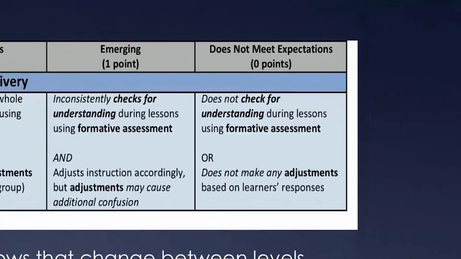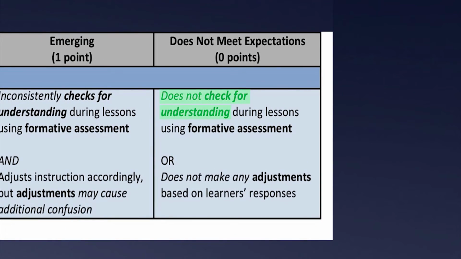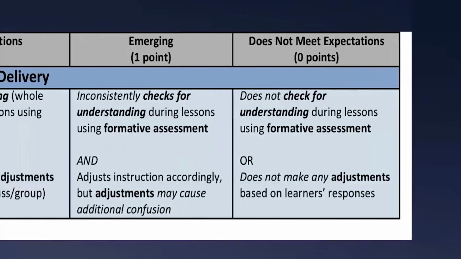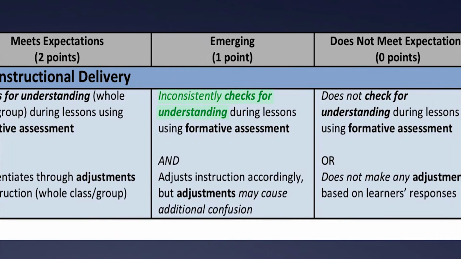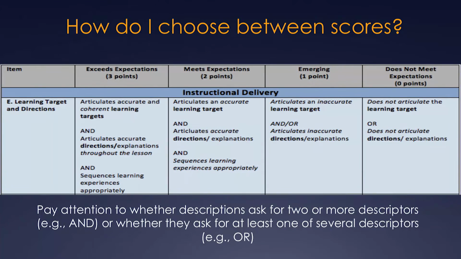For example, in this row, "does not check for understanding" is italicized in the does not meet expectations column. In the emerging column, "inconsistently checks for understanding" is italicized to emphasize the change between a level 0 and a level 1. Another way the VariApp student teaching form differentiates between scores is the use of "and"